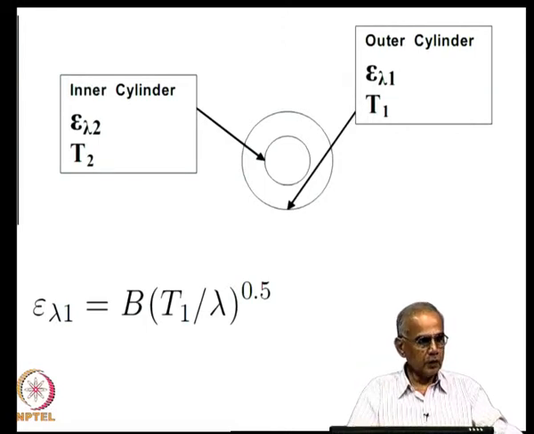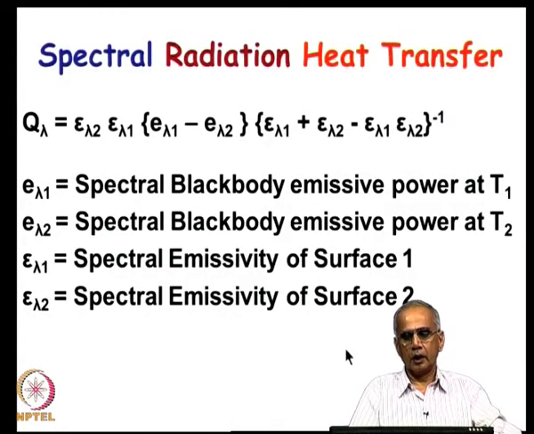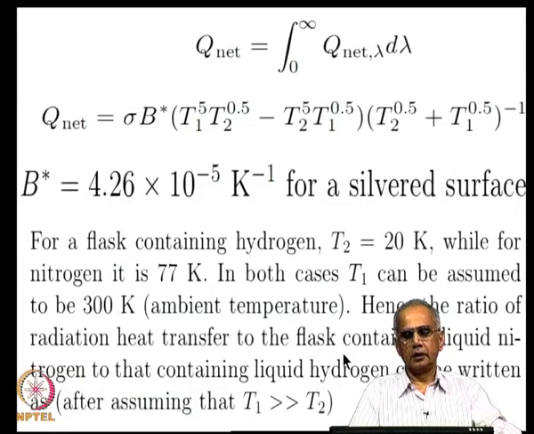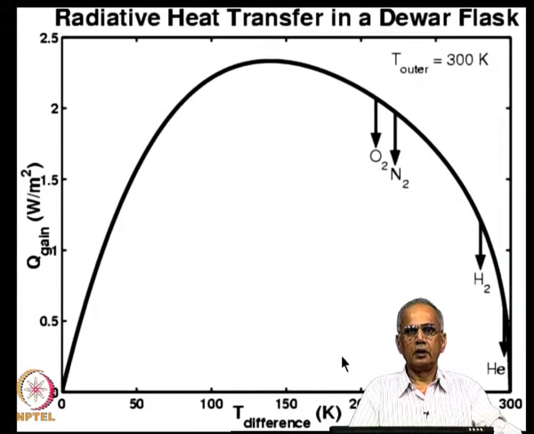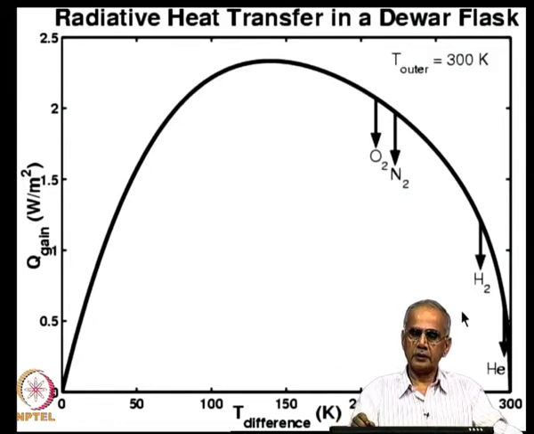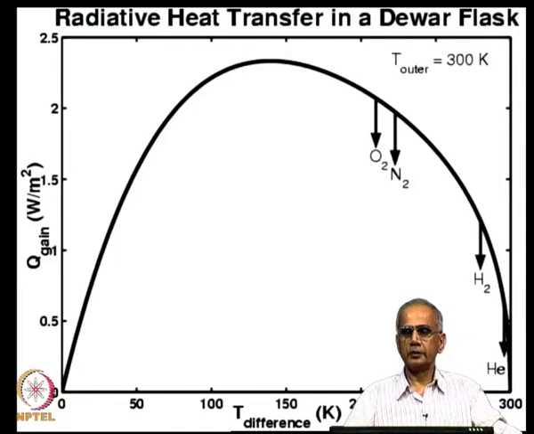Okay. So, this is a very good example showing how radiation heat transfer behaves in ways somewhat paradoxically, mainly because of the spectral variation of radiative properties, which can alter the general rule that heat transfer is proportional to temperature difference. And so, we saw the interesting example that as the temperature of the inner cylinders keeps falling, the heat transfer rate keeps falling, although the delta T is going up.